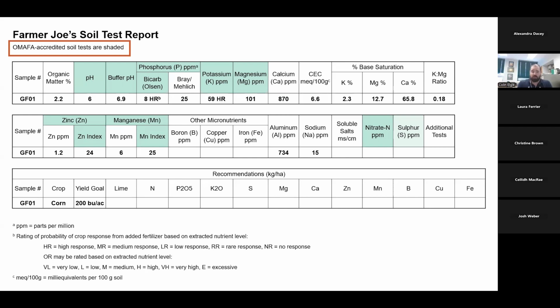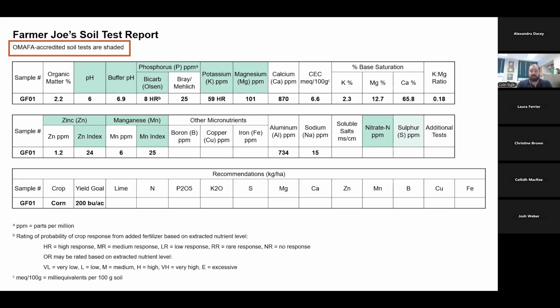So, for simplicity, here's one sample that I've got shown here on this report. Depending on the field, like we mentioned last week, if you're using different technologies or sampling with a grid or zone sample, or using sensor-based sampling to really hone in on that field, figure out where the differences lie. You may have a number of samples that show up on the report, and depending on whether you're looking at it on a piece of paper or in software, it can be viewed in multiple different ways.